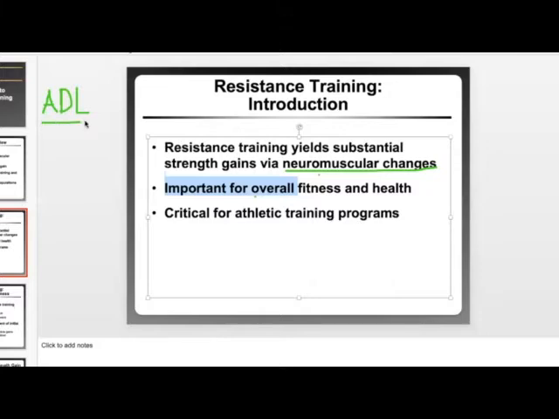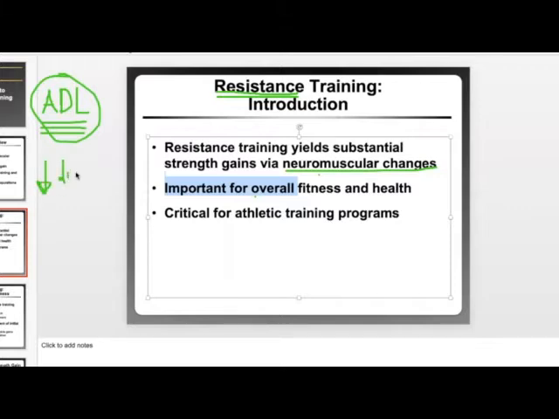And we might take these activities of daily living for granted now, but as we get older, certainly we would like to continue to be able to perform our activities of daily living so that we can maintain a semblance of self-respect as you get older. All right, so as we age, we want to encourage a lifestyle of resistance training so that we can continue to maintain the overall fitness and health of individuals as they get older, so they can advocate for themselves, so that they have less of a sense of disability.